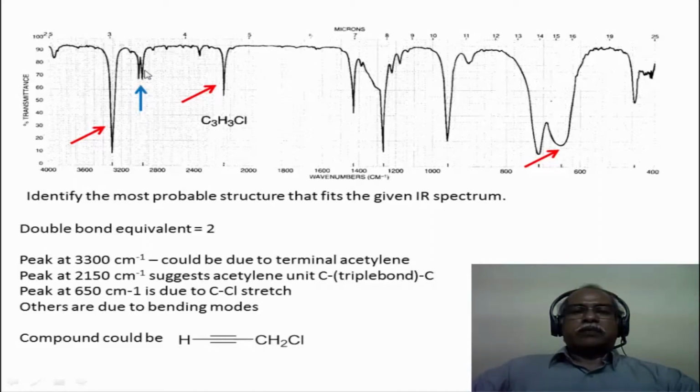The blue arrow indicating this particular frequency, which looks like a doublet, could be because of the symmetrical and the asymmetrical stretching of the CH of the CH2 group. In other words, the sp3 CH stretching frequency comes in this region somewhere around 2900 inverse centimeter or so. So this is how one tries to analyze and interpret the infrared spectrum for a given molecular formula. First find the degree of unsaturation and look at the most prominent peaks. These peaks are also prominent, but they probably come in the bending region of this molecule. So one does not interpret them in a very detailed manner as far as the bending regions are concerned.